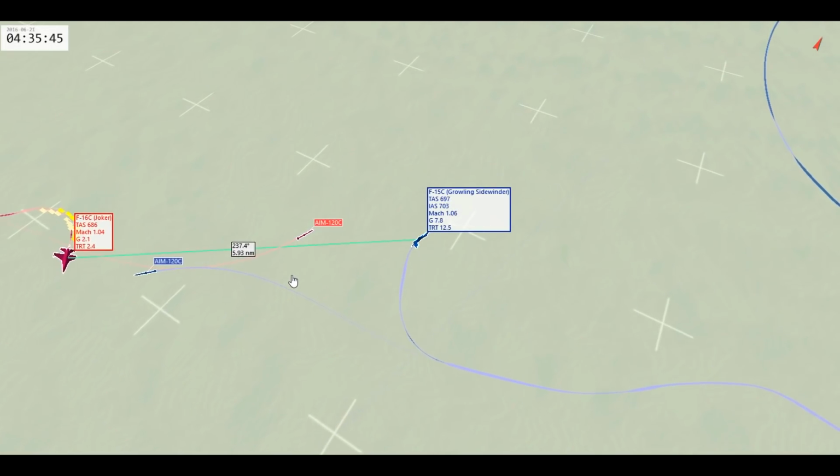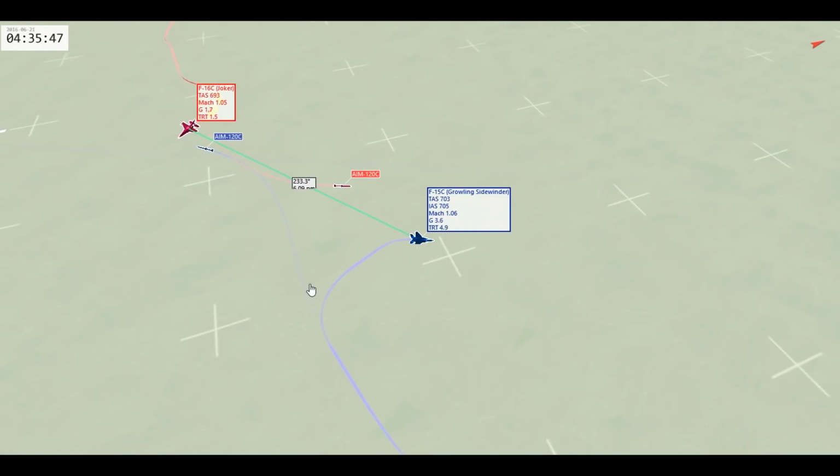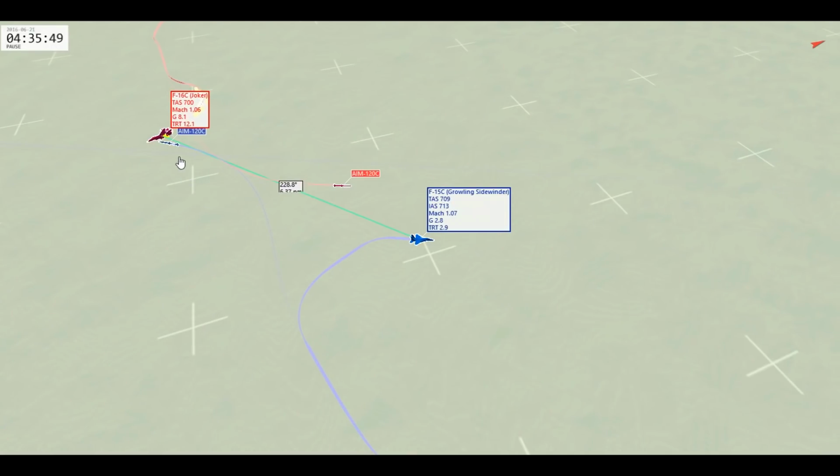Actually, no, that's not true. But there's still a significant difference in the speed, right? 1.98, 1.17. And so his missile's dead. Obviously, you want to turn cold. This is the 10